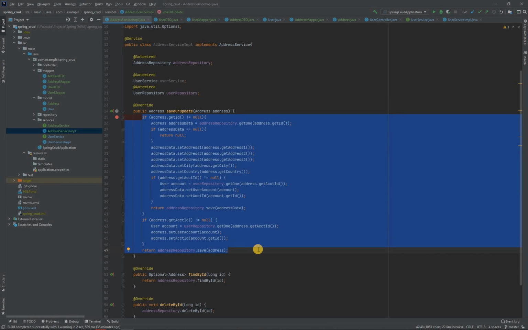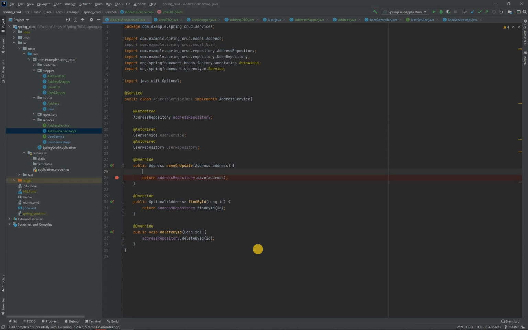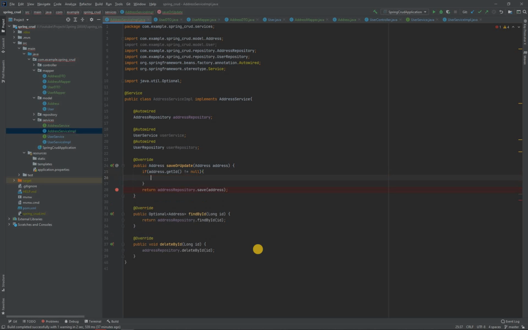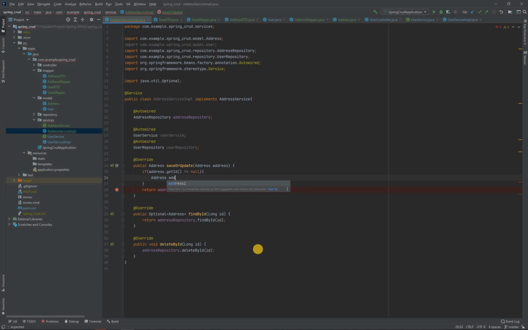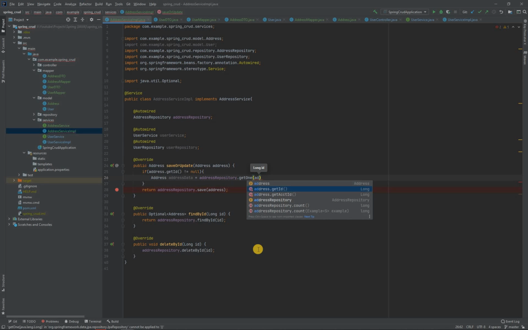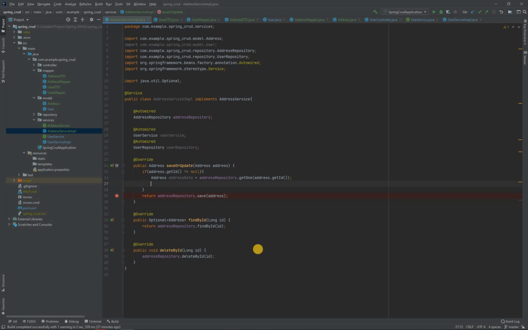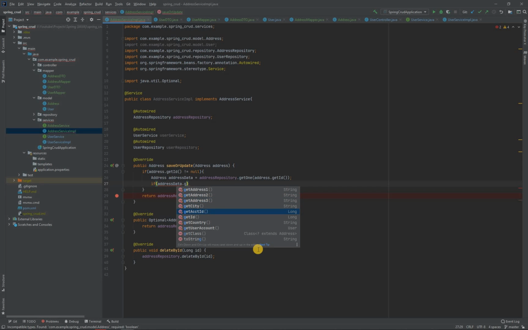Okay, let's just remove this here, and first things first, since we are using update, let's just say address.getId not equal to null, and we'll call it address data equal to addressRepository.getOne address.getId, and if that is null, address data dot get